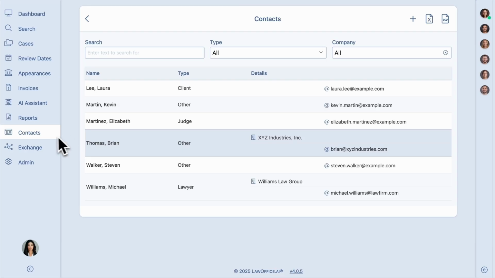The contact section plays a crucial role in the functionality of LawOffice.ai, serving as a hub for managing key information. When examining the type of contacts, you'll notice several default types already built into the system. However, additional contact types can be created by an admin. This functionality will be explored in more depth in our dedicated admin tutorial series, which is only accessible to those